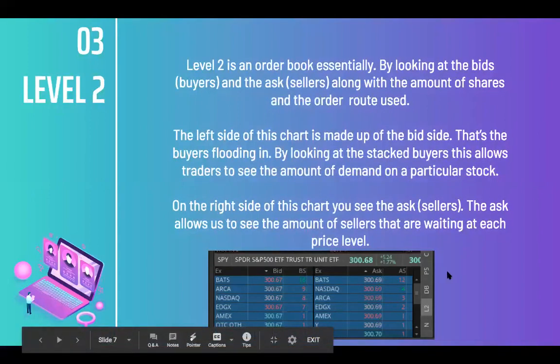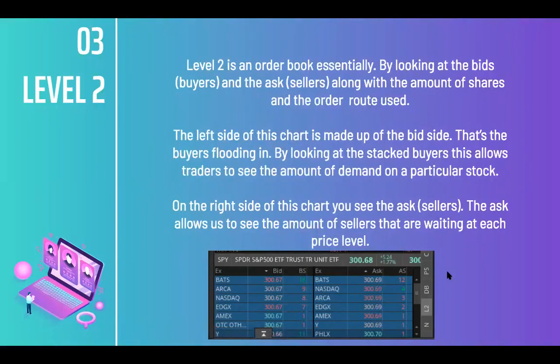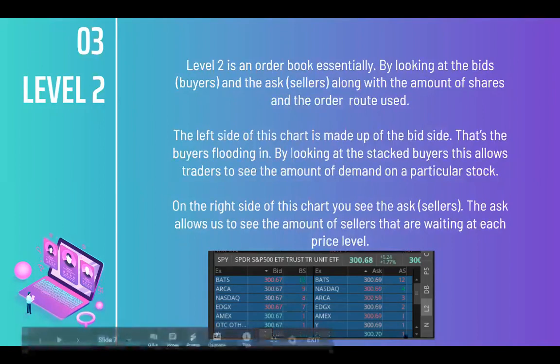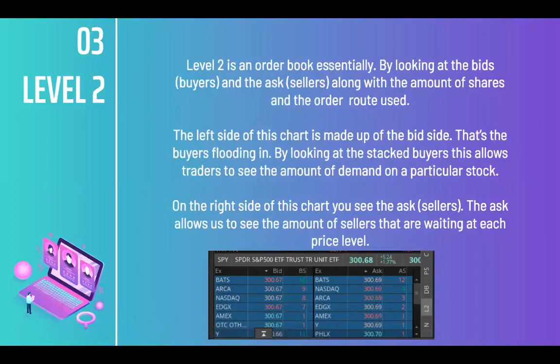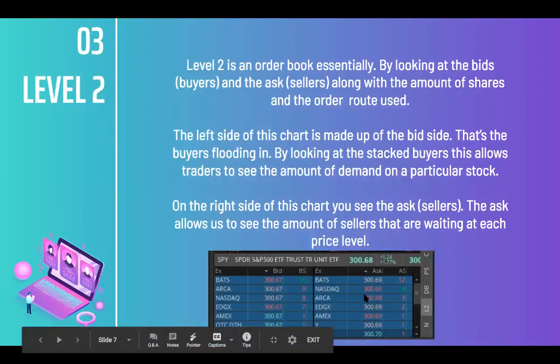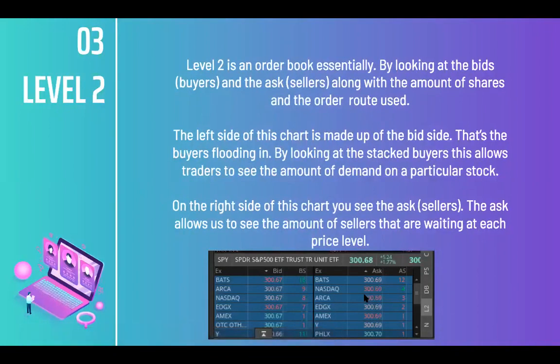A lot of people were saying, well, hey Rod, how do you not get shaken out all the time in these squeeze setups, dealing in this choppy market? Well, I'm reading level two. It's giving me more indication of a confirmed breakout or breakdown. And I'm not gonna go on a tangent about it right now. I'm actually gonna show you firsthand level two, and we're gonna walk through this so that you too, if you're not already, can read level two or at least be pointed in the right direction.